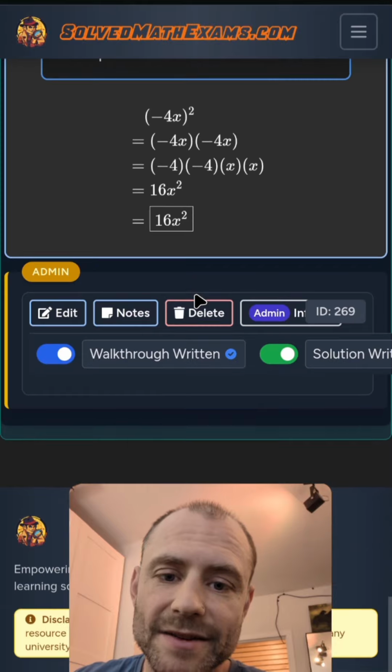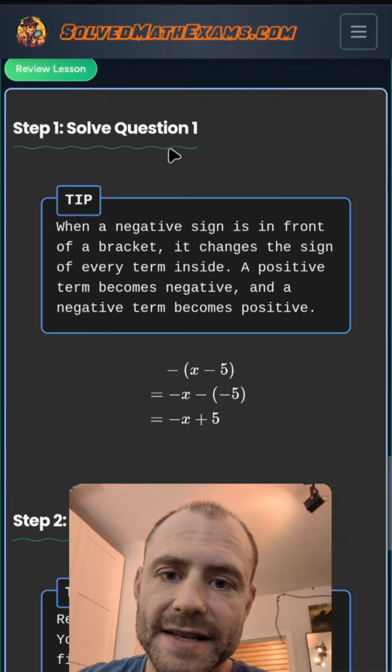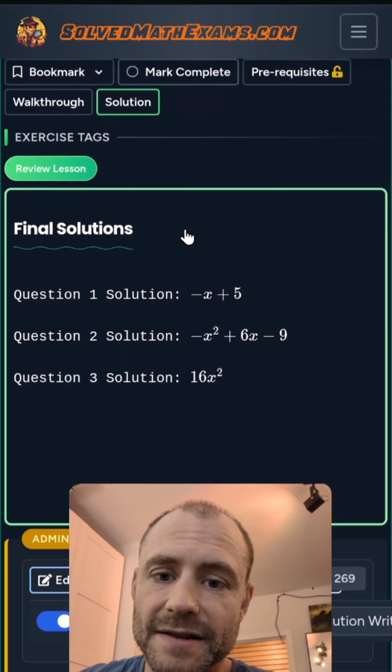So that is the walkthrough. And again, if you want to just see the solution, if you want to just test yourself, you can just click the solution, and it just shows you the